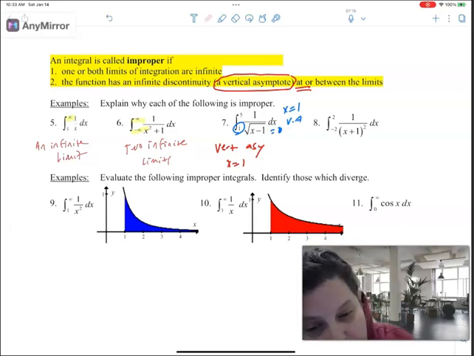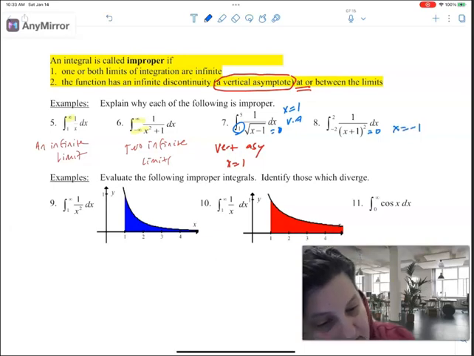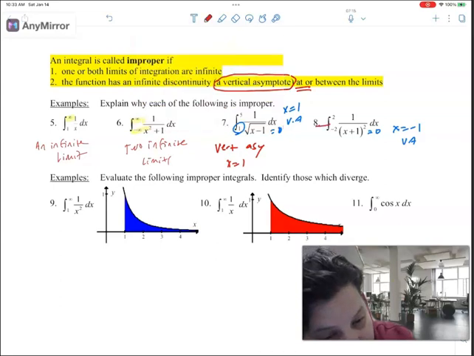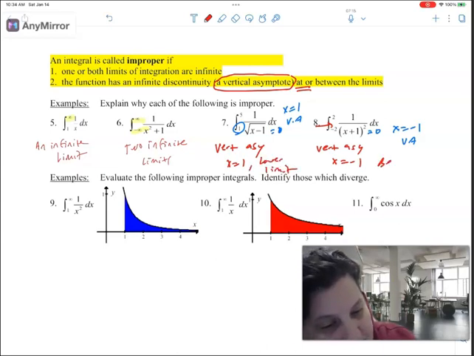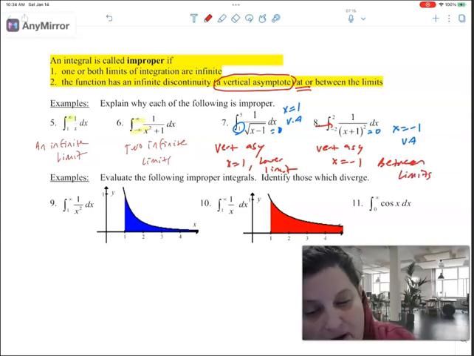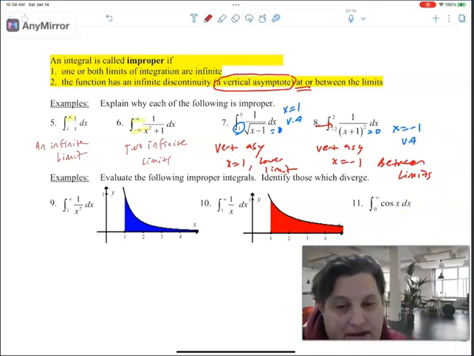Now, why is this one improper? Well, this one has a vertical asymptote at -1. And if you look at this, -1 is smack dab in between the limits. So there's a vertical asymptote at -1, which is between the limits, so you can't do that. Okay, you can't really type the infinity thing into your calculator, but for the other ones,